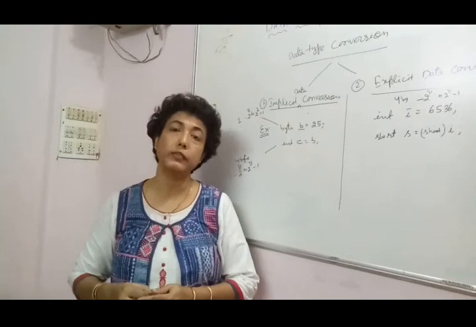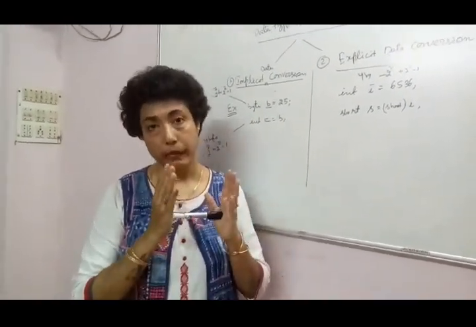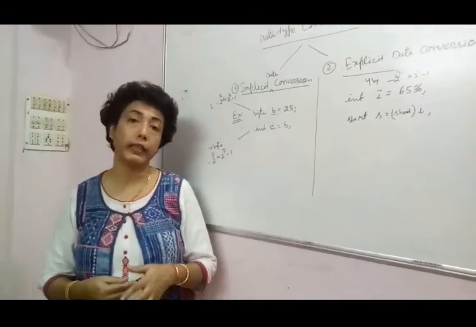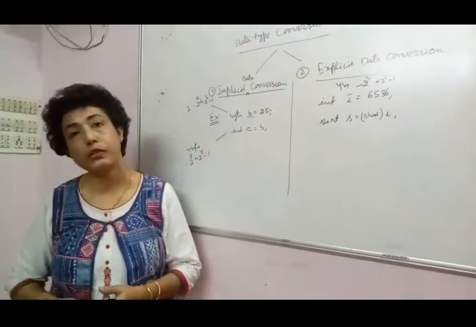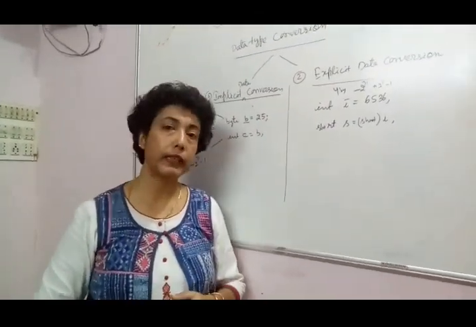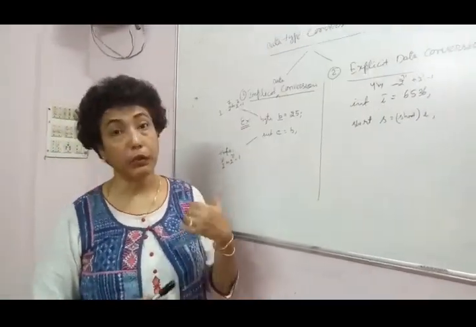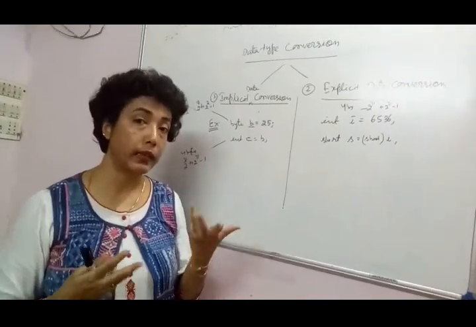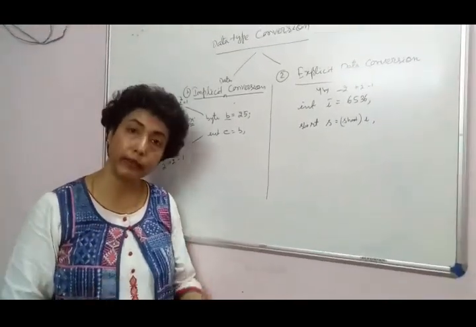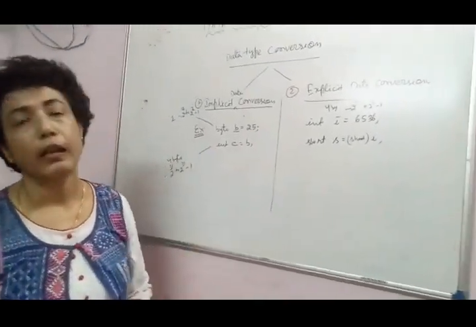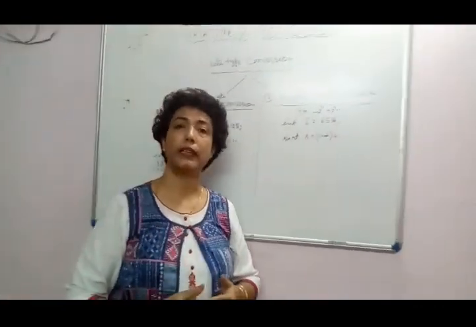So today what we learned is what the different data types are, what the primitive data types are. We learned how many bytes of memory they need, because they use fixed space in memory. Then we also saw the range of values they support. Then we saw what a reference data type is and examples of reference data types. And once we know the data types, we saw how to declare a variable, how to assign a value to a variable, and finally how to change a value of one data type to a value of another data type.